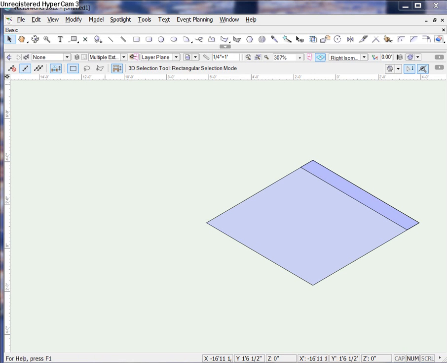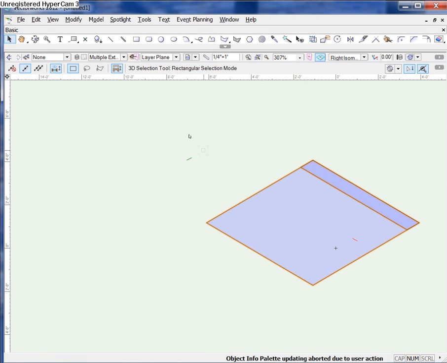This tutorial is going to show you how to use a pretty nifty command that I misunderstood. I sort of overlooked it for a long time because I took a look at the name of the command and I thought I knew what it meant, and I didn't understand it at all. It's actually pretty slick. So I just have a couple of shapes on the screen here that I'm going to